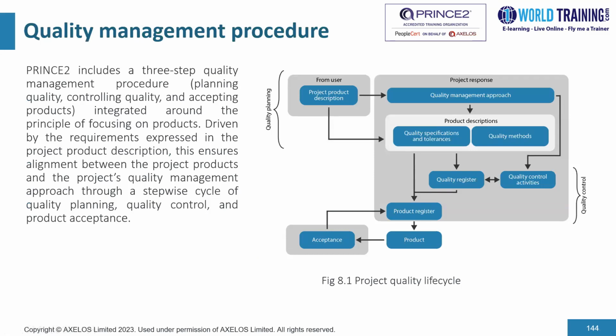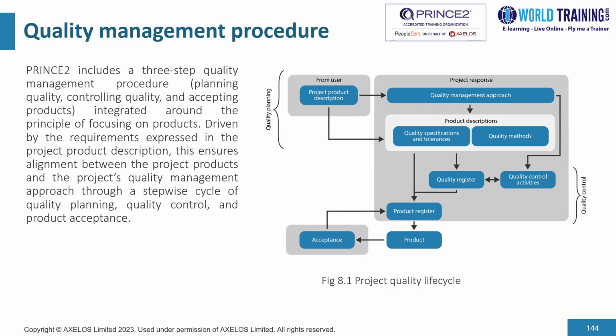PRINCE2 includes a 3-step quality management procedure, i.e. planning quality, step number 1, controlling quality, step number 2, and accepting products for step number 3. And these are integrated around the principle of focusing on products, driven by the requirements expressed in the project product description. This ensures alignment with the project products and project's quality management approach through a stepwise cycle of planning, control,